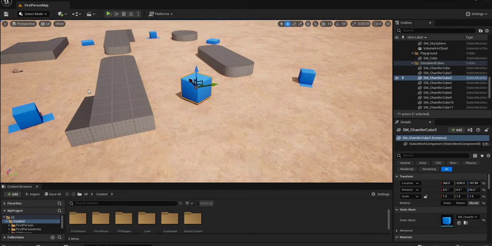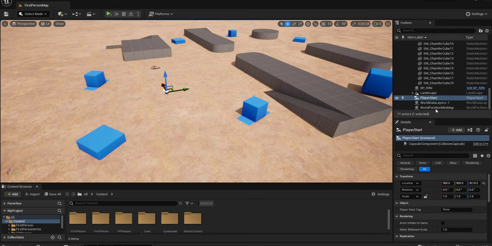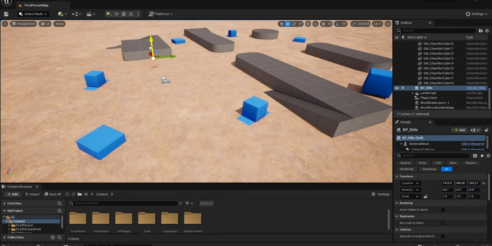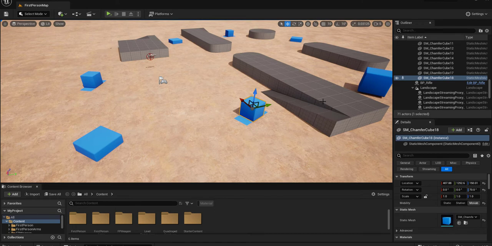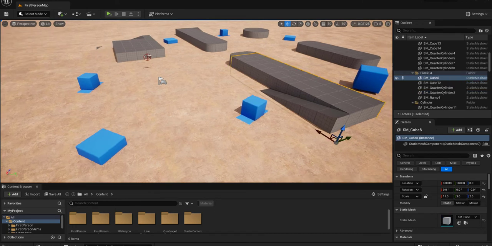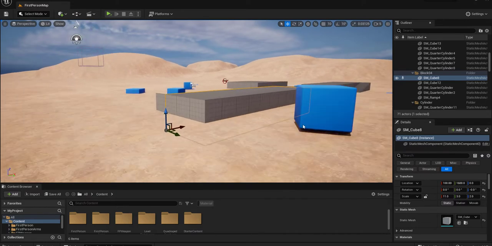I need to bring the player start above there and the camera too. So you can see that these are just real super default lighting for outside midday, is kind of what Unreal